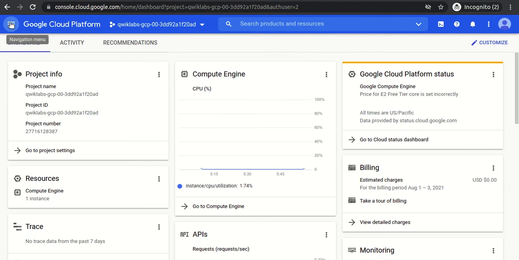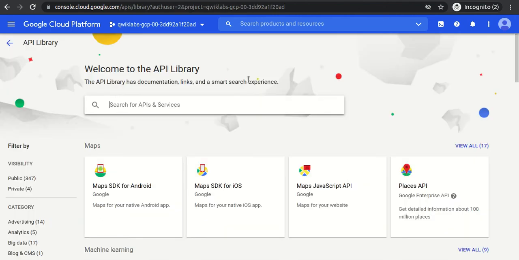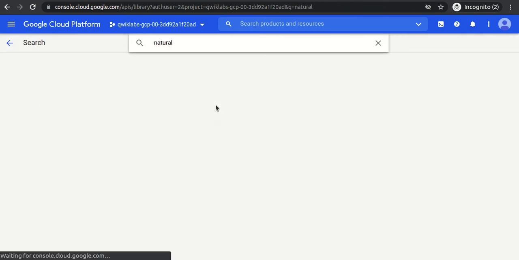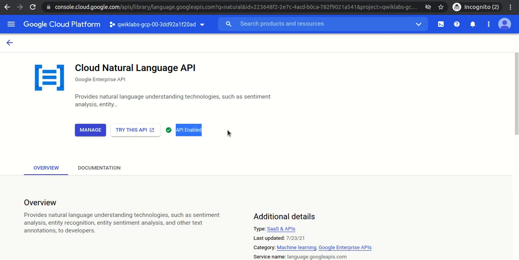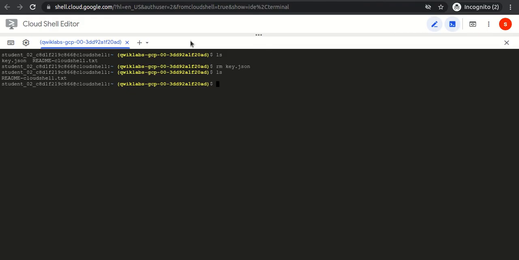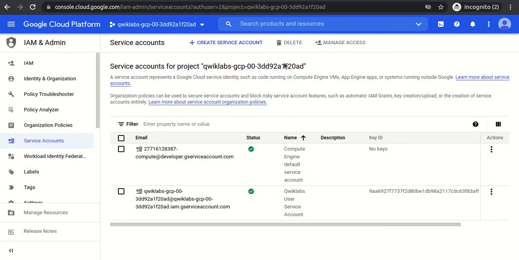The Cloud Natural Language API status is API enabled, right? So even though we don't have the service account, we can still access the API within Google Cloud using the Google Cloud account only, because the user is already authenticated on this particular compute instance.